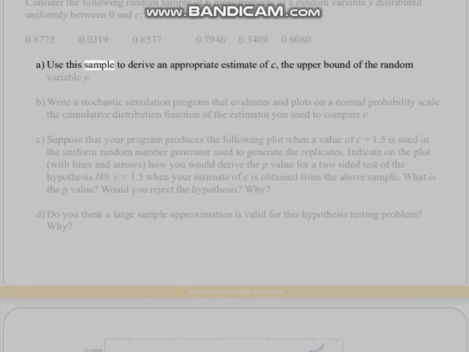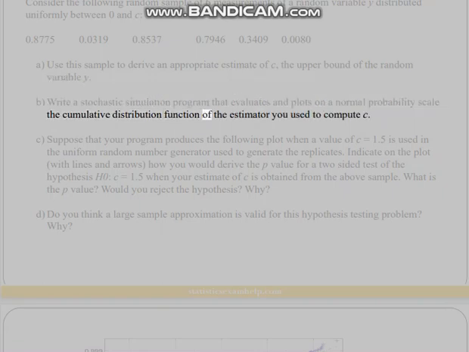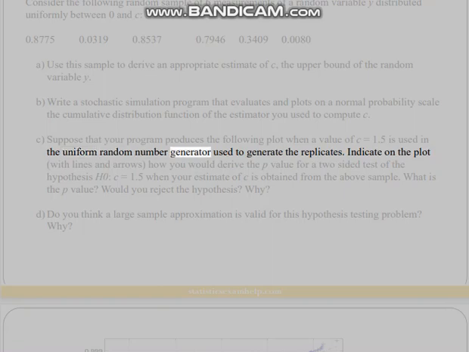A. Use this sample to derive an appropriate estimate of c, the upper bound of the random variable y. B. Write a stochastic simulation program that evaluates and plots on a normal probability scale the cumulative distribution function of the estimator you use to compute c. C. Suppose that your program produces the following plot when a value of c equals 1.5 is used in the uniform random number generator used to generate the